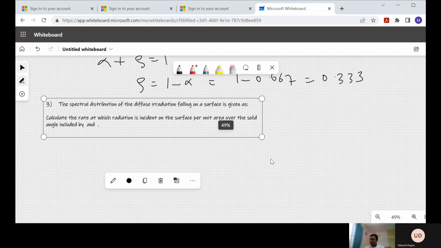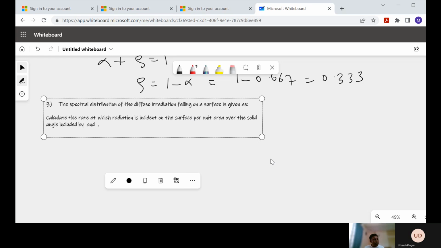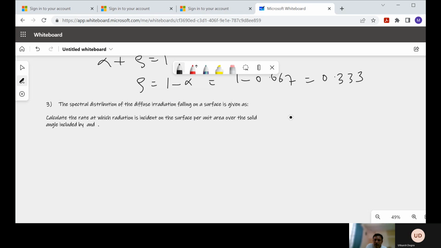Okay, so let me just give the statement here. In this case, what has been given is the monochromatic emissive power, isn't it? It is given as 0, 2500, 4000, and 2500 and 0. So 5 values are given between